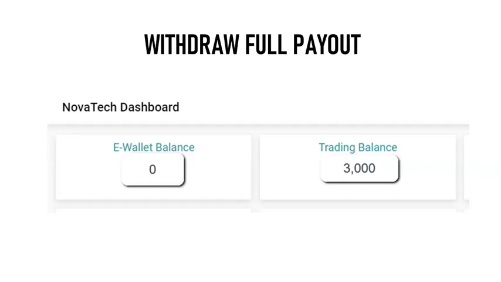So I can actually withdraw the full amount of my payout. So I was paid $96. I can withdraw that full $96. And as you can see, take a look at what my balances look like. So my trading balance is still $3,000, which is where we began, because I haven't added anything, I haven't subtracted